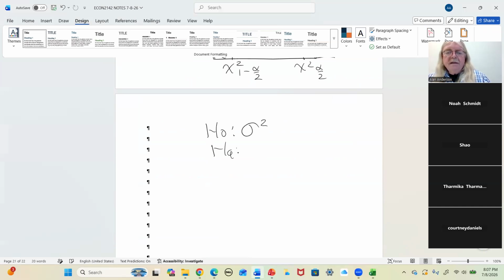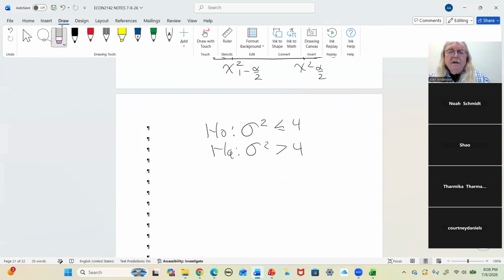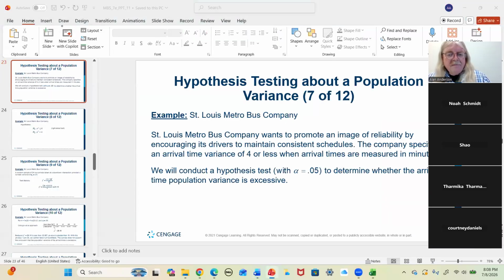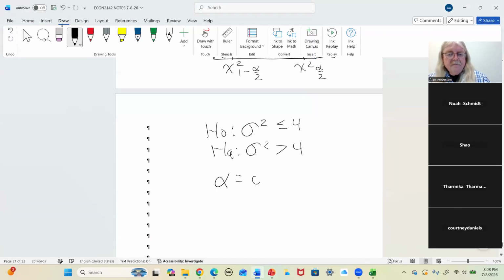So this would be a right tail test because we're looking for evidence that the variance is above 4. That is where it becomes unacceptable. And they'll make a change. But if not, then everything will stay the same. Alpha is 0.05, I believe, yes. So our friend, the test statistic